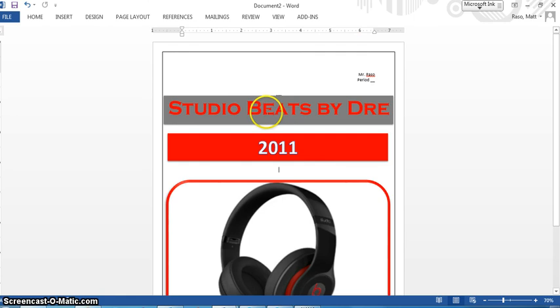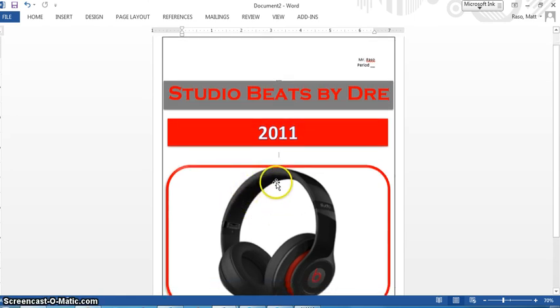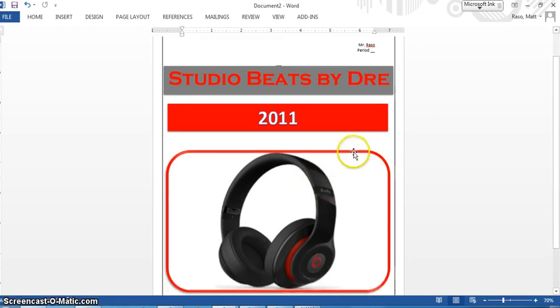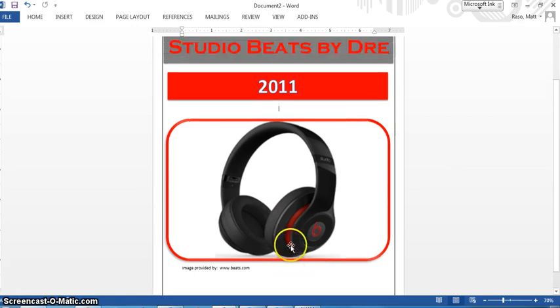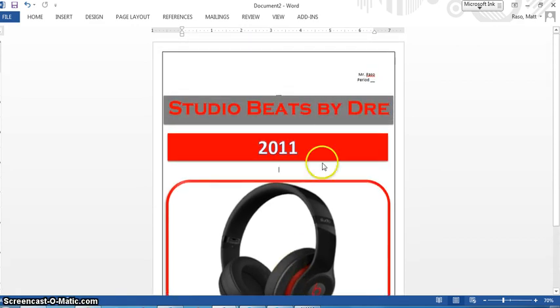5 points again for the title, 5 points for the year, 10 points for the picture and the picture tools design. So we'll choose a design, 5 points for the image provided by, and that's it. Make sure your name's on it at the top. Then you're going to want to save this